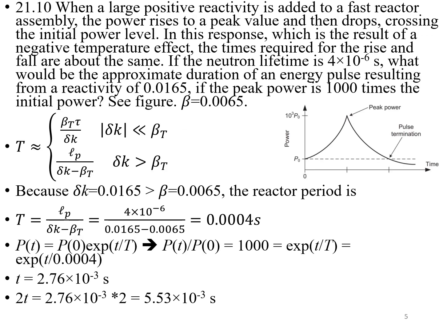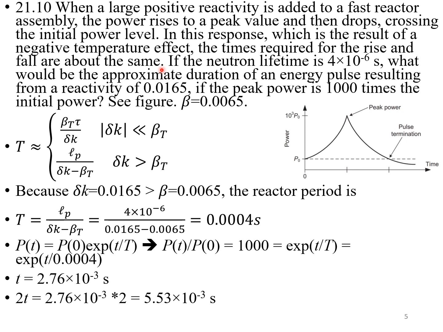21.10. When a large positive reactivity is added to a fast reactor assembly, the power rises to a peak value and then drops, crossing the initial power level. In this response, which is the result of a negative temperature feedback, the times required for the rise and fall are about the same. If the neutron lifetime is 4 times 10 to negative 6 seconds, what would be the approximate duration of an energy pulse resulting from a reactivity of